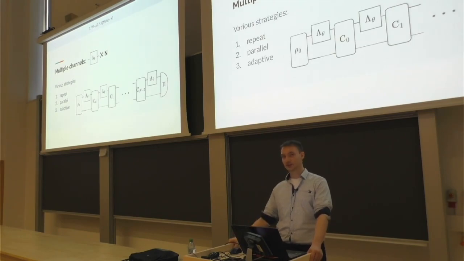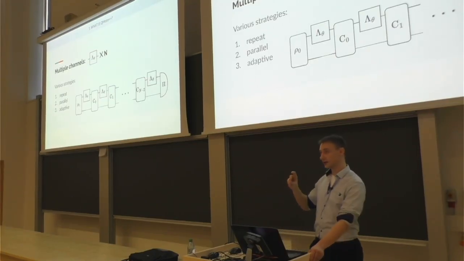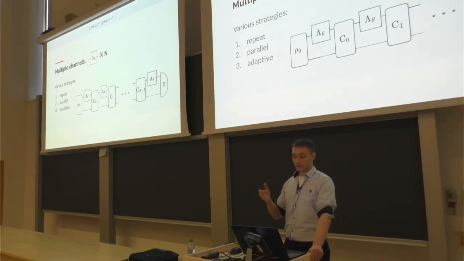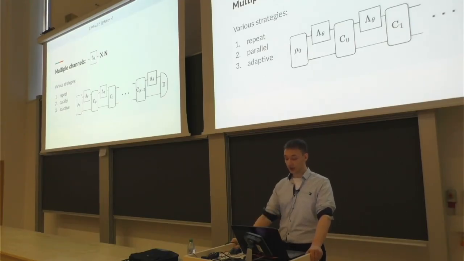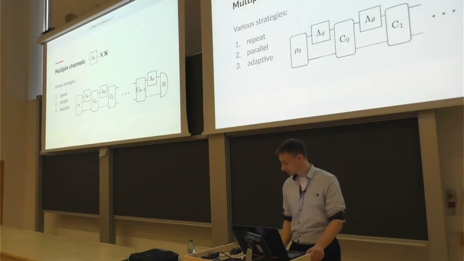And because of entanglement and additional correlations that appear because of it, we can improve our precision. The other strategy we can consider is a strategy where we put in between our channels some control operations that can, for example, mitigate or correct errors that occurred because of the noise. And these control operations additionally communicate with each other with this additional